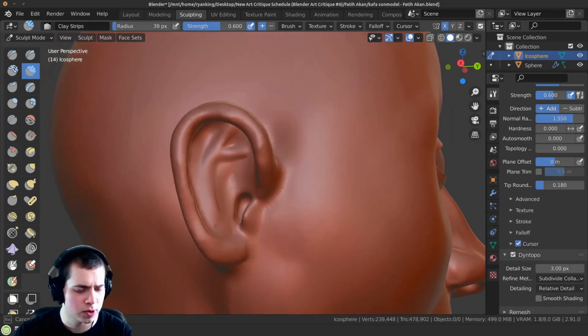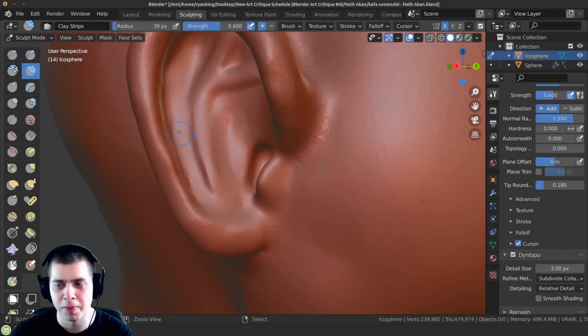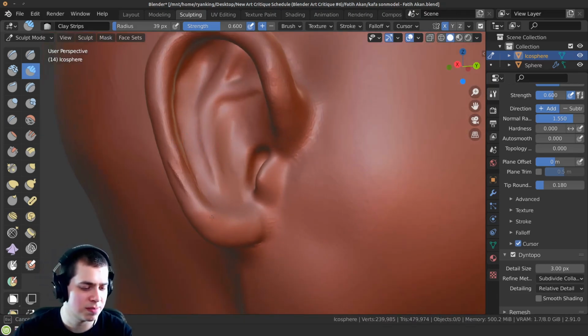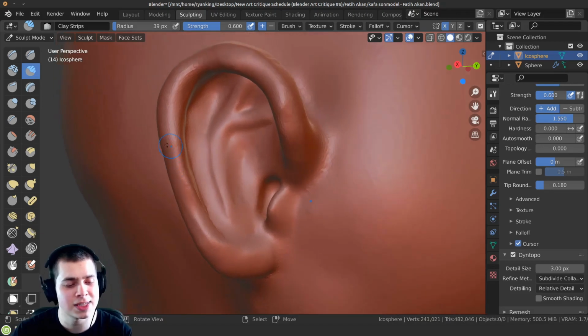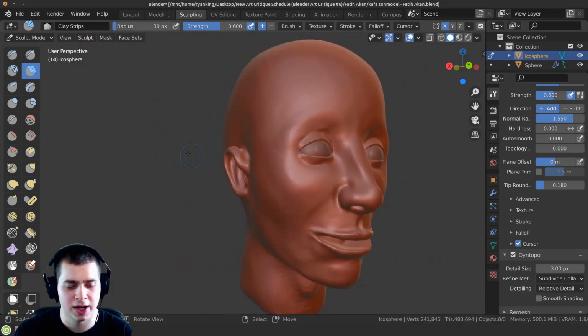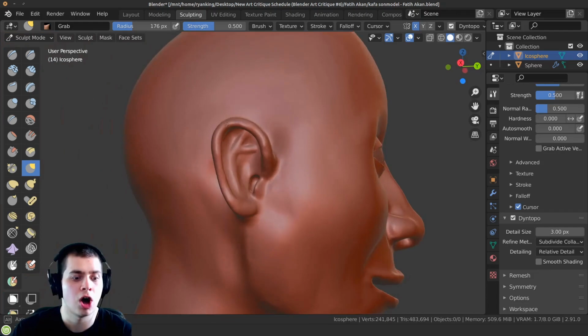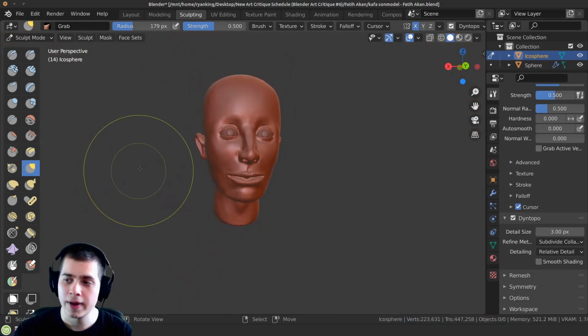And there are some more forms within the ear, but I don't want to go too detailed. Especially when you're first starting out, your first few months even, I think it's a little bit better to keep things simple. Still, you can try to go for realism, definitely. I think realism is really good. Before you do stylized stuff, I think it's better to get your realism down a little bit. But when you're first starting out, definitely try to keep it simple and not get overwhelmed with all of the details. All right, so there we go.